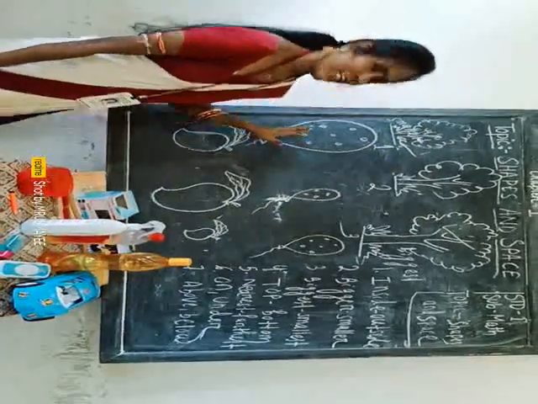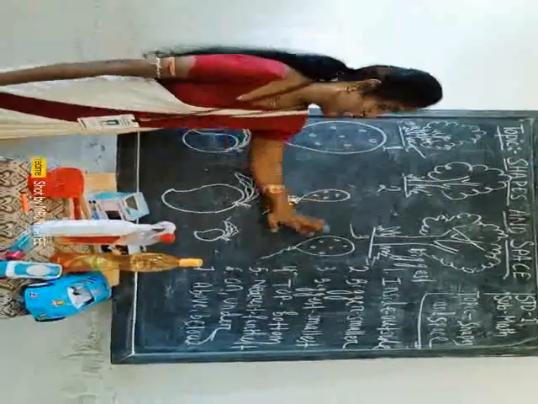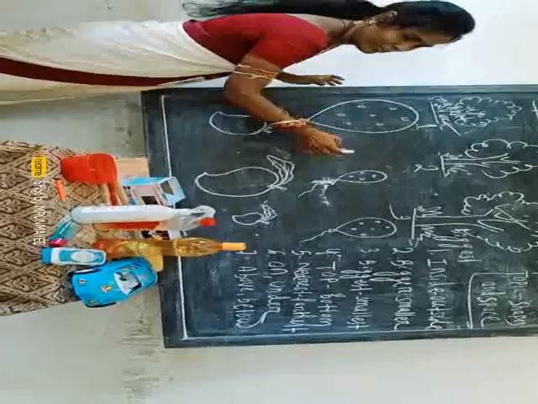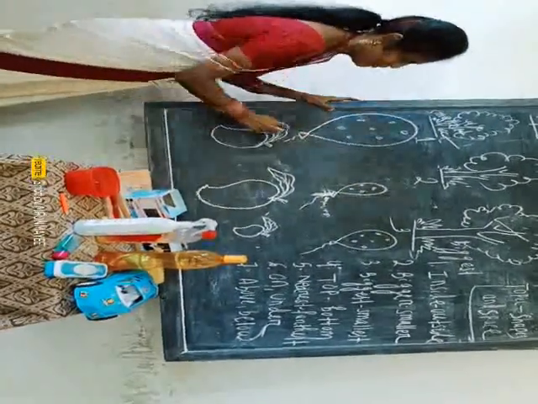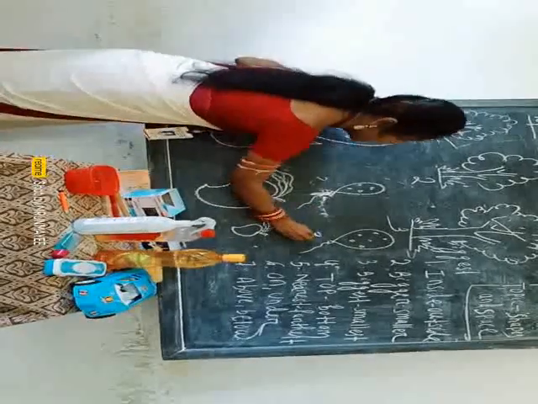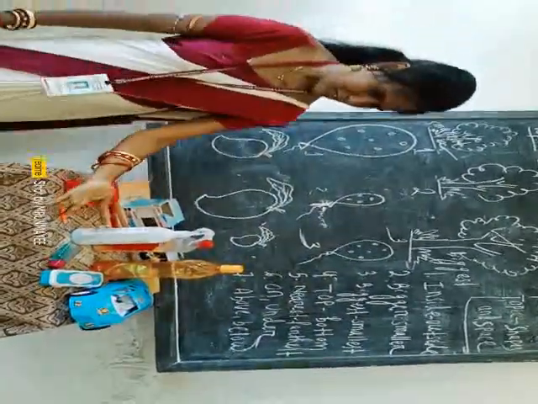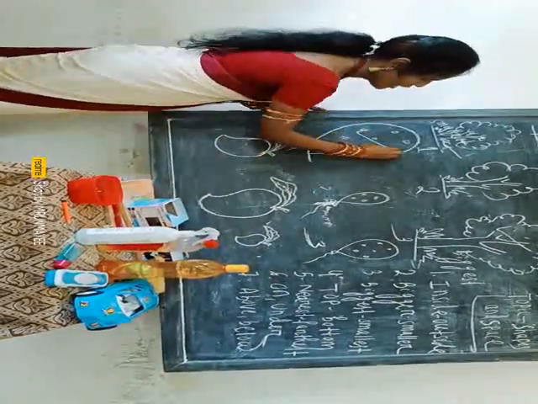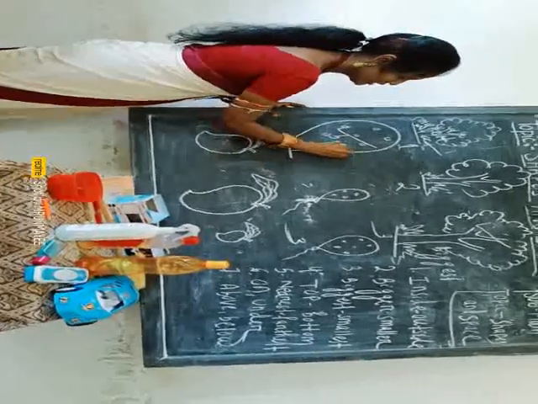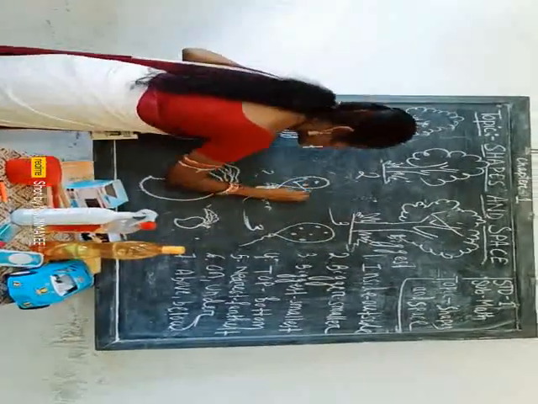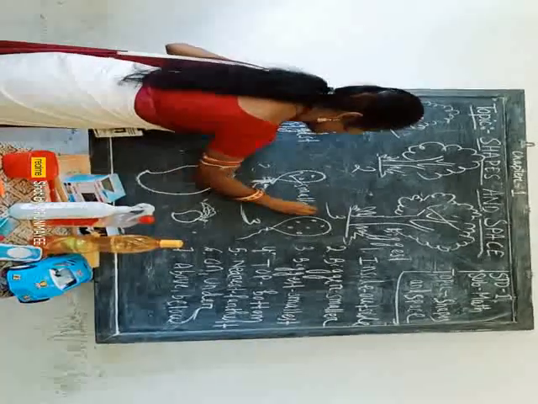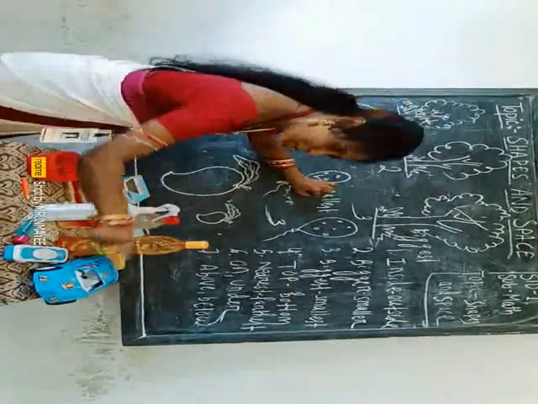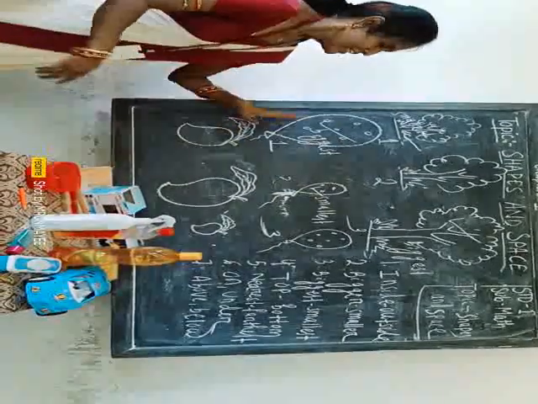Now let us take another example. You see, I have drawn 3 balloons. Which one is a very favorite of yours? Balloons. So see, now can you tell me, students, which one is the biggest? 1, 2 and 3. Tell me, who will tell? Yes. This one, number 1, is your biggest. And this is your smallest, because it is very small in size in comparison. This is the biggest balloon and this is the smallest balloon. Am I right?